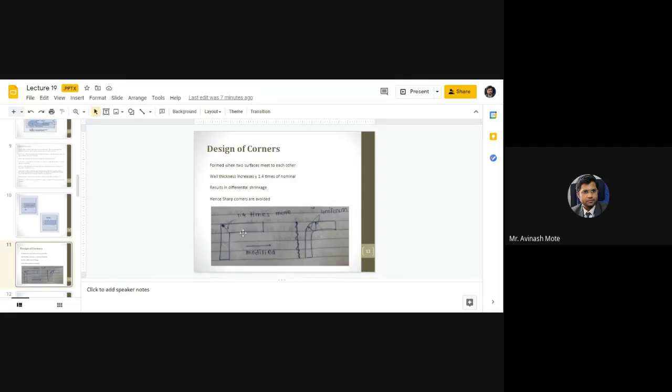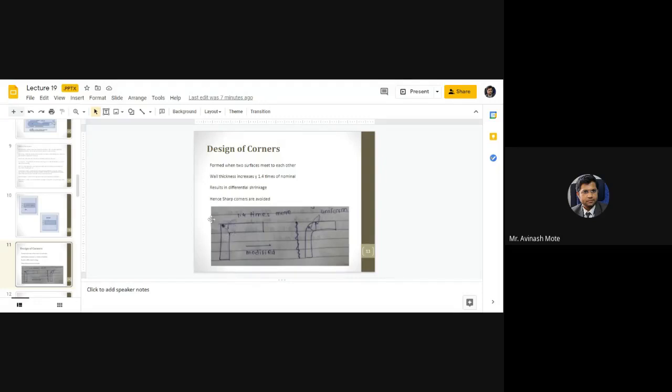See, in this picture, if you are observing here, wall thickness at the horizontal arm and at the vertical arm is constant in this figure, but wall thickness exactly at this corner, exactly at this breach, is more, because this is a surface which is meeting the horizontal arm and vertical arm.